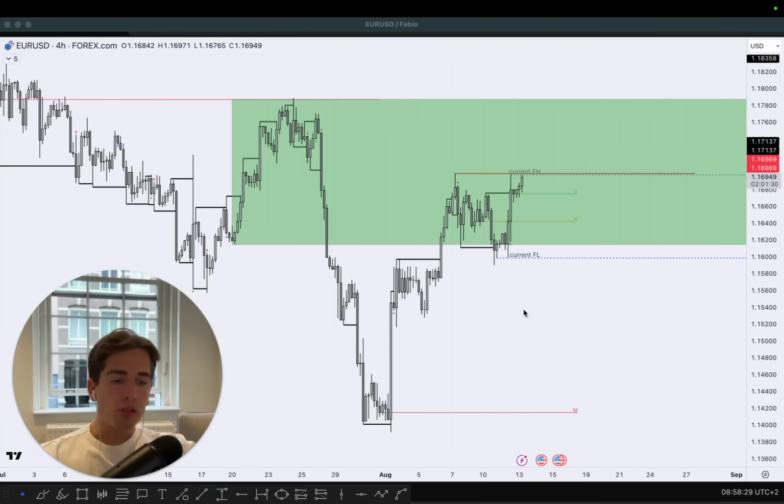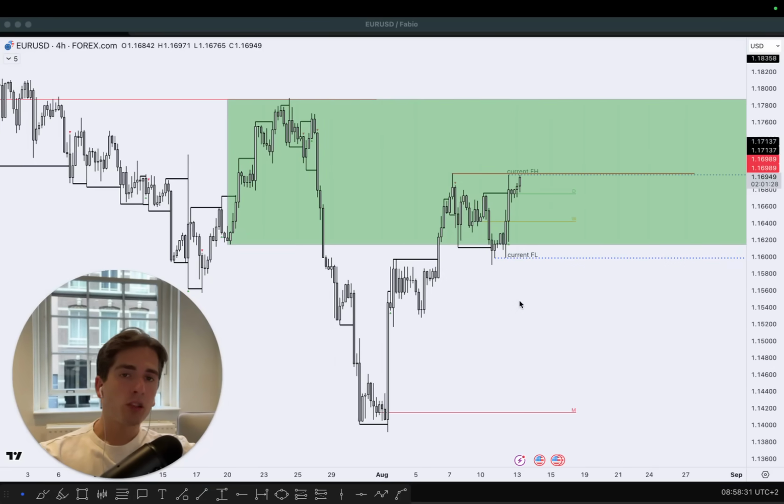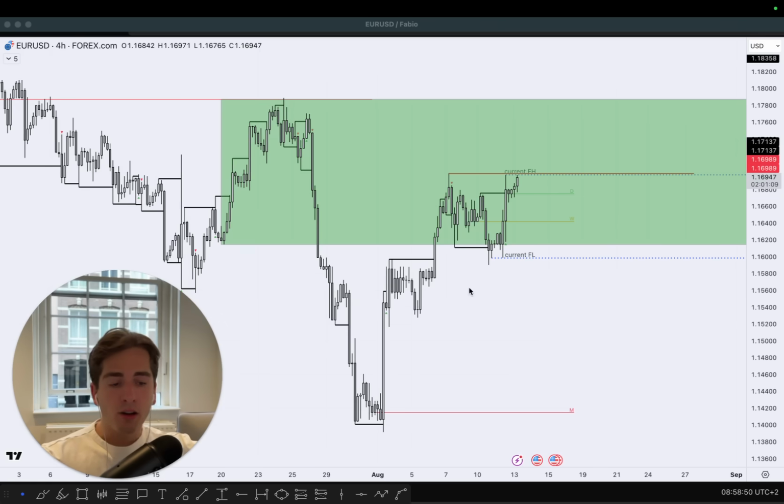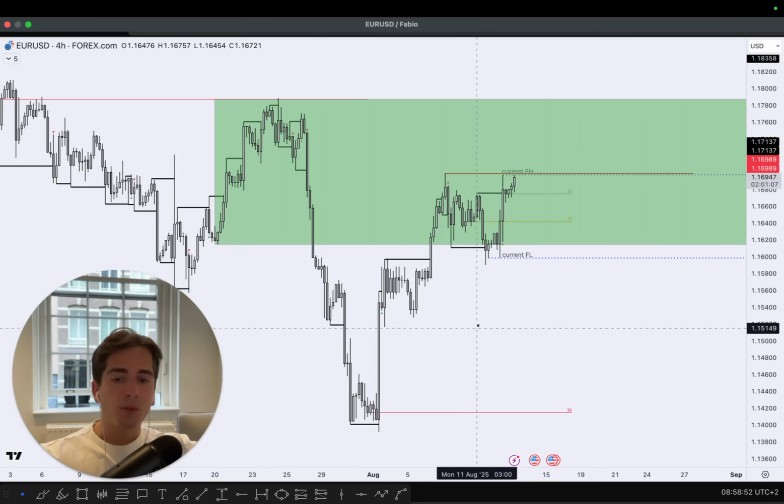EURUSD has continued to push up higher after bad inflation numbers came out. Now, when inflation is low, what is likely to happen? Well, interest rates are likely to go down as well. When interest rates go down, institutional investors receive lower returns on their money, and therefore they move their money most likely into other economies, overall devaluating a specific currency. Well, that is currently happening with the dollar to a certain extent, and that is why we've seen EURUSD push